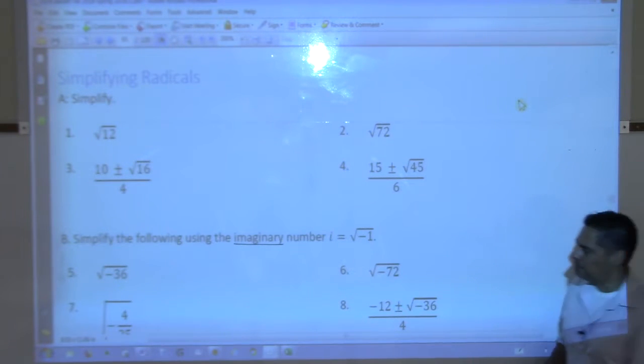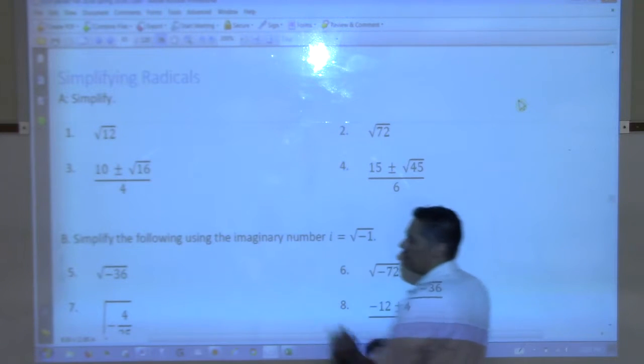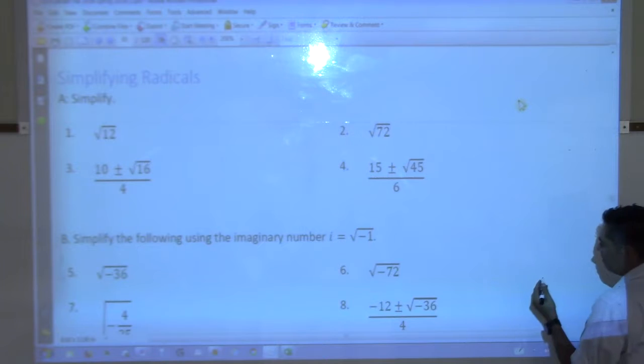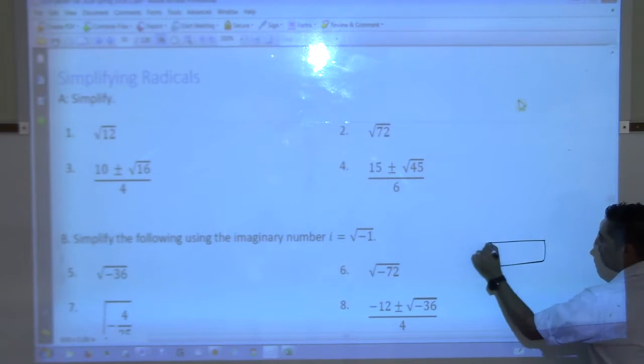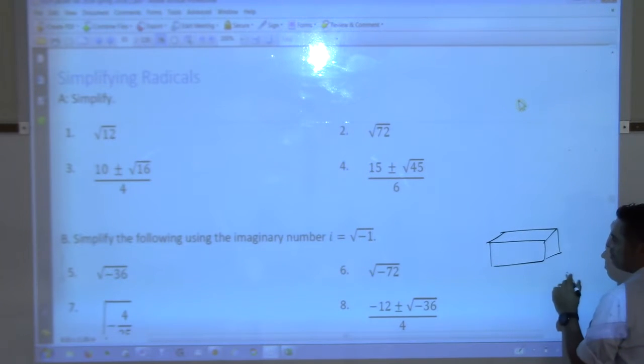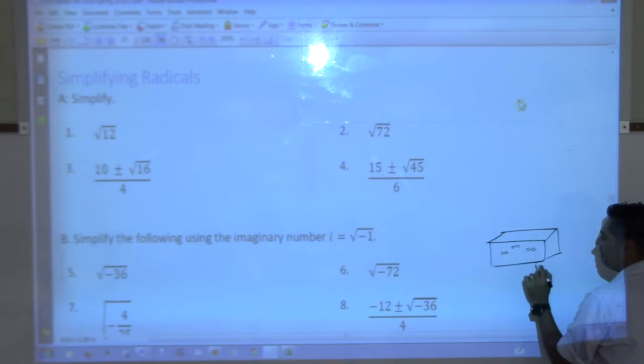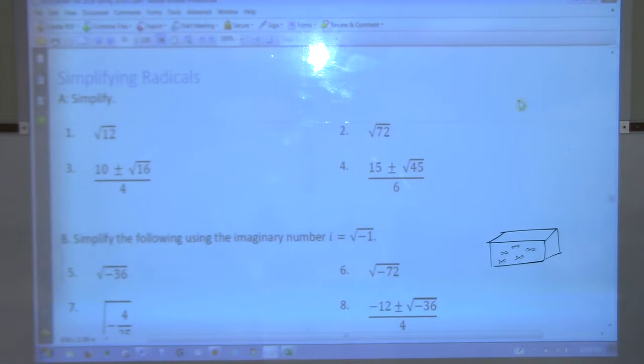But it turns out that the imaginary number system is just as real as the numbers you deal with in your everyday life. The best way I can make this analogy is this. My daughter has a fish tank, right? And we struggle to keep her fish alive. But she's got these fish in here, right? These are them. I think she's down to 6. But anyway, there they are, right? So she's got this fish tank. And